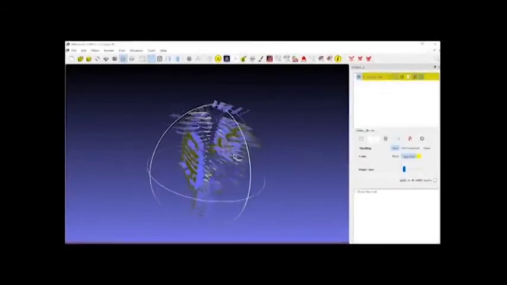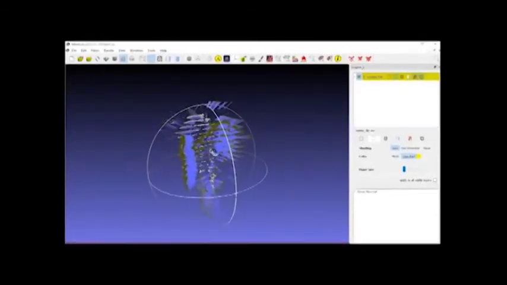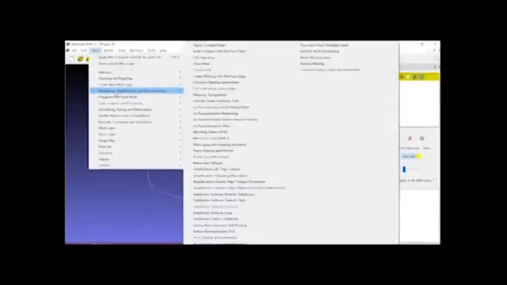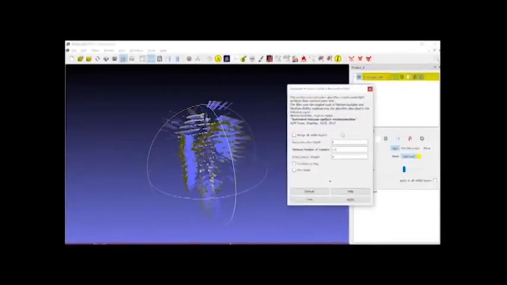You see I've created all the normals. They're all pointing away, so that you can just kind of see where the faces are going to form. Next, I want to go to Filters, Remeshing, Simplification, and Reconstruction, Screened Poisson Surface Reconstruction. Again, through trial and error, I found out what works for me, and I hit this Merge All Visible Layers button, hit Apply,